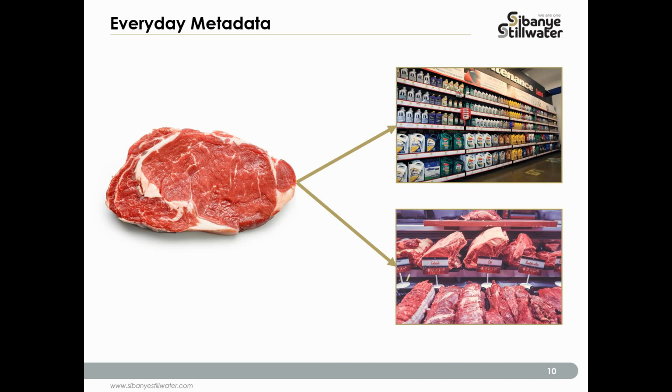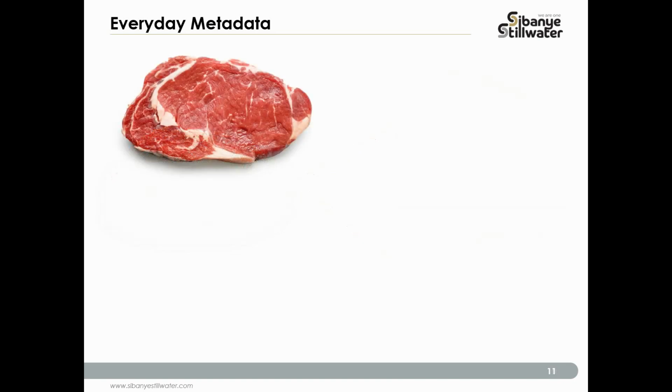And you're going to pick up your steak from the steak shelf in the beef fridge in the chilled section of the grocery store. You have just used metadata to classify the process of buying your steak. So when I take my steak home, I now have a bunch of things that I know about my steak. So I'll arrive home and there are properties around my steak that will tell me how I need to treat